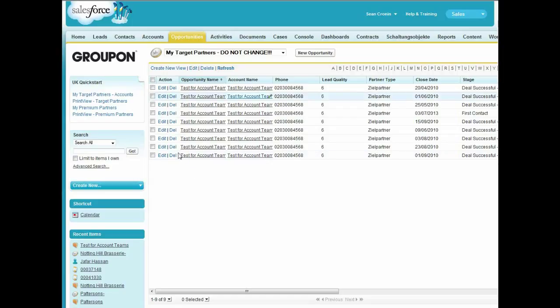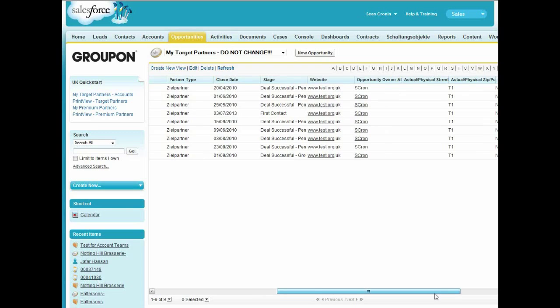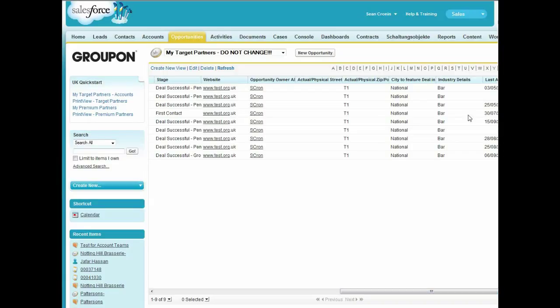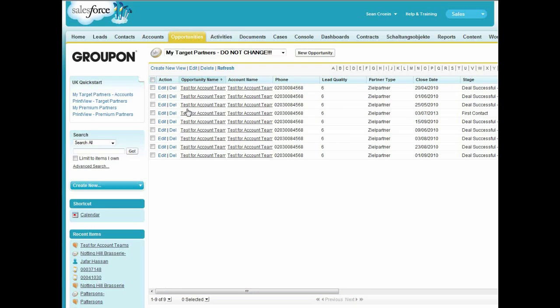But the opportunities list is also helpful because it gives you a list of all of your opportunities, which you can look at stages, you can look at additional opportunity related information, including last activity dates, etc. And that can be of benefit in a different way in respect to you working with the open opportunities that you currently have with your accounts. Let's go back to the Home tab now,